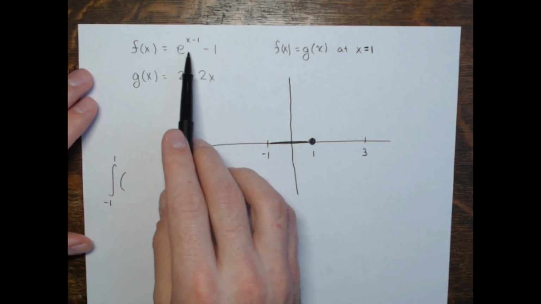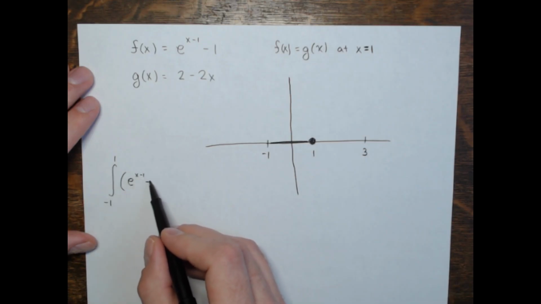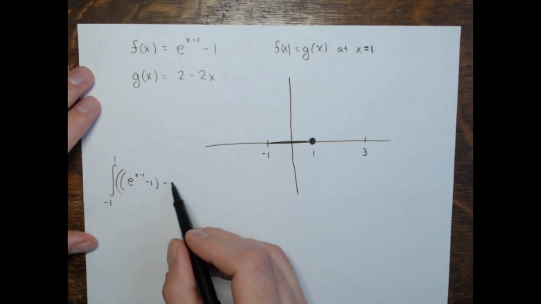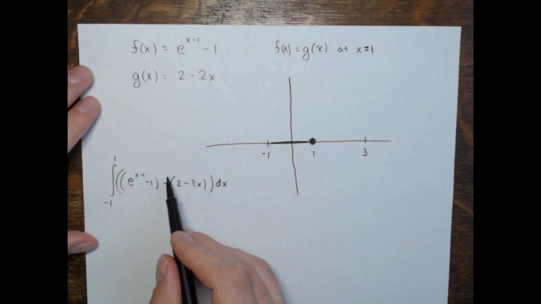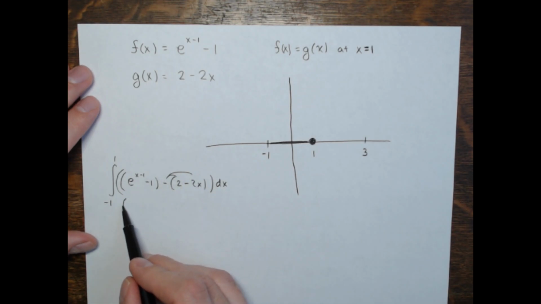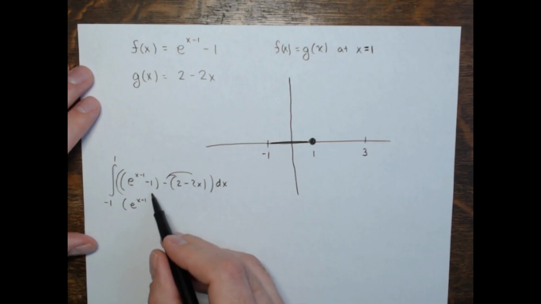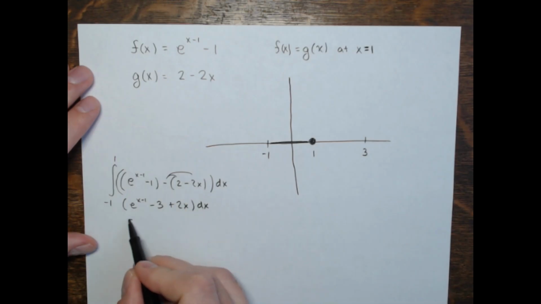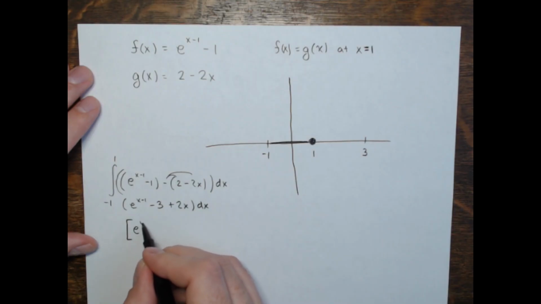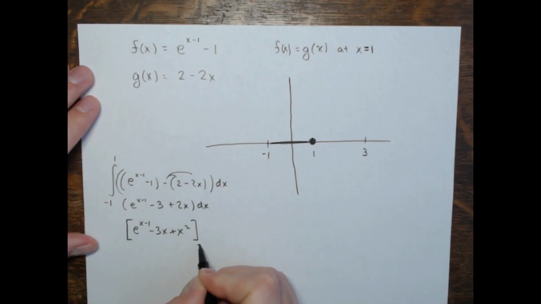Now, say I just did f minus g. So e to the x minus 1, then minus 2 minus 2x. I'll distribute this. So this will be e to the x minus 1, and then minus 1 minus 2, so minus 3, and then plus 2x. Do my antiderivative. This will be e to the x minus 1 minus 3x plus x squared from -1 to